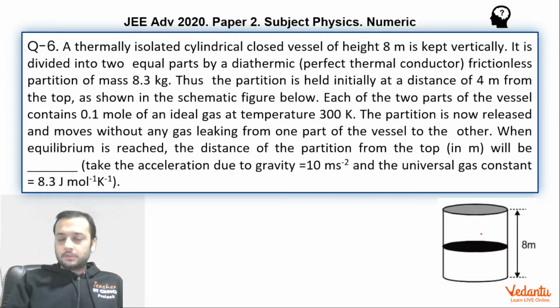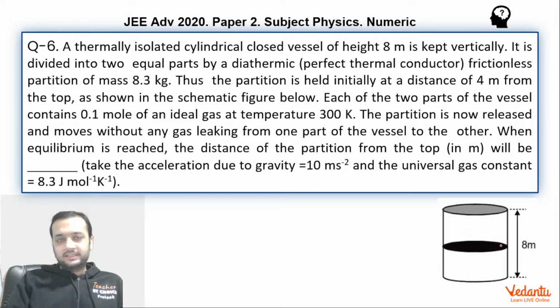Now, this is insulated. That means there is no heat that can enter the system. Heat energy is not allowed to enter the system. The initial temperature has been given as 300 Kelvin. Moles in both the chambers are 0.1, and we have to find